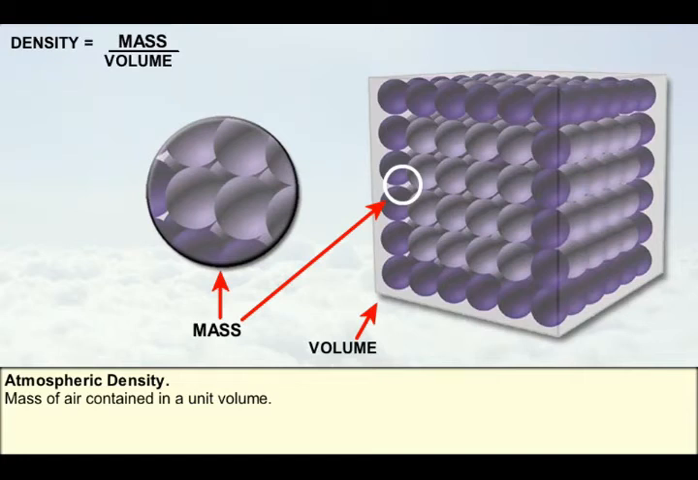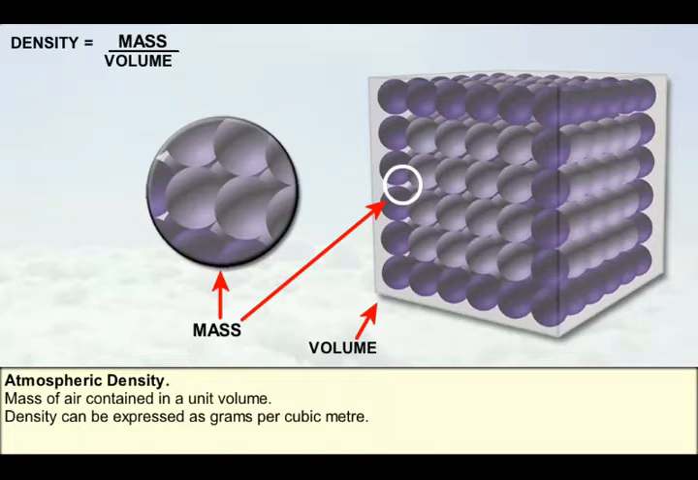Density is defined as mass of air per unit volume. Therefore, the density of the atmosphere at any given place may be defined as the mass of air contained in any given unit of volume. In other words, how much air is inside a given space. Density can be expressed in many ways. One way is by using grams of air per cubic meter, or in standard international units, kilograms of air per